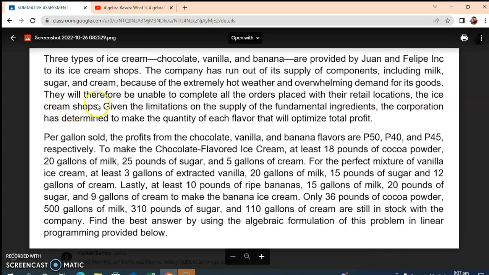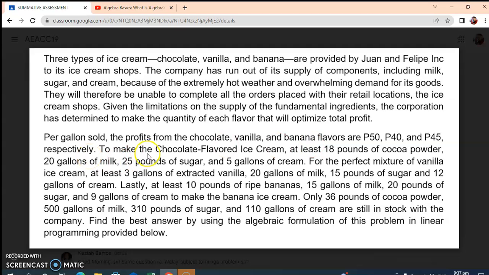So they will therefore be unable to complete all the orders placed with their retail location, the ice cream shops. Given the limitations on the supplies of the fundamental ingredients, the corporation had determined to make the quantity of each flavor that will optimize total profit. Per gallon sold the profits from the chocolate, vanilla, and banana flavors are 50, 40, and